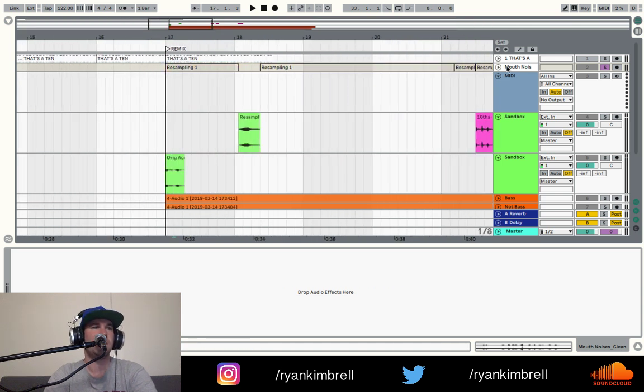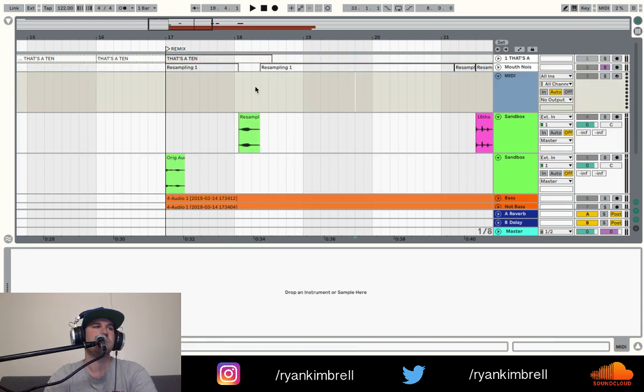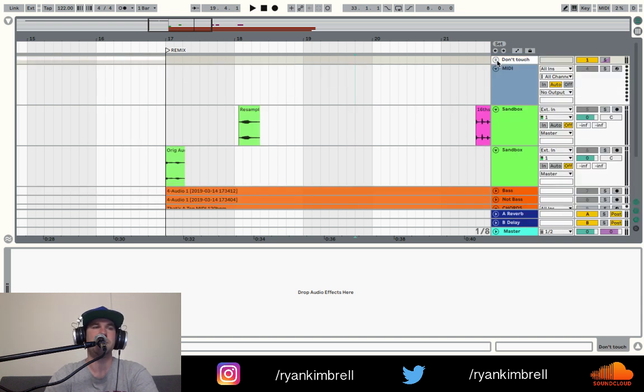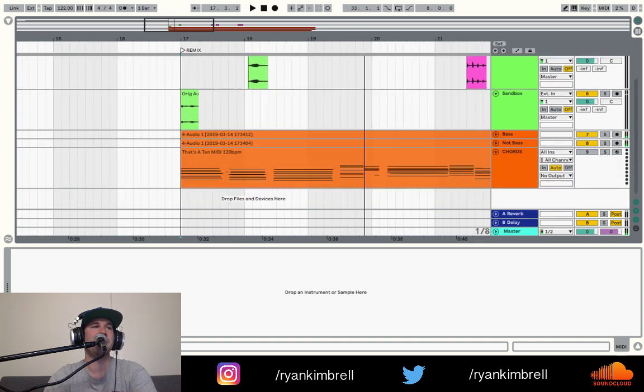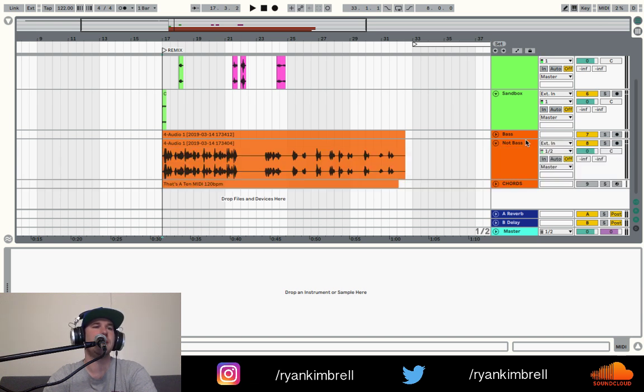Is this part of the trailing off of it? Yeah. Cool. Nice. Very cool. I'm going to put these in a little group called Don't Touch, so that I don't touch them. Just leave it alone for now. And now we've got a lot of stuff to look at. Cool. The chords, that's just MIDI information. Nothing wrong with that. These guys right now are synced up, right?